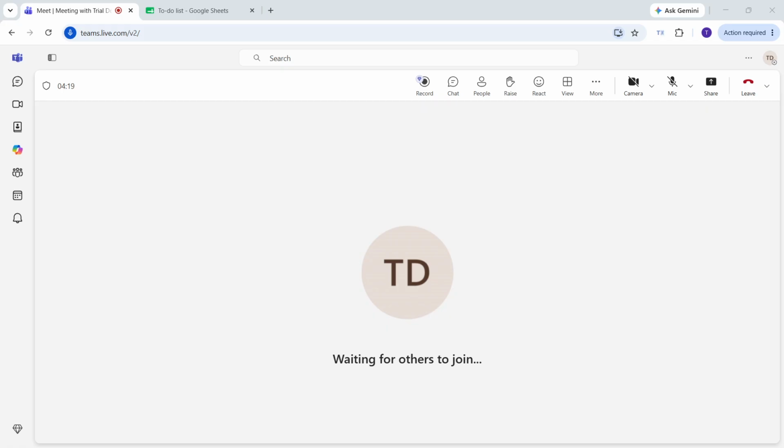To begin, make sure you're already inside the Microsoft Teams call or meeting. Once the meeting is active, look at the meeting controls and find the share option. This is the button you'll use to present content to everyone else in the meeting. Go ahead and click share. When you do that, Teams will open the sharing panel where you can choose exactly what you want other people